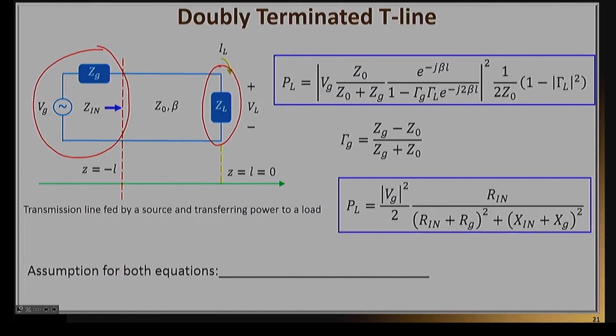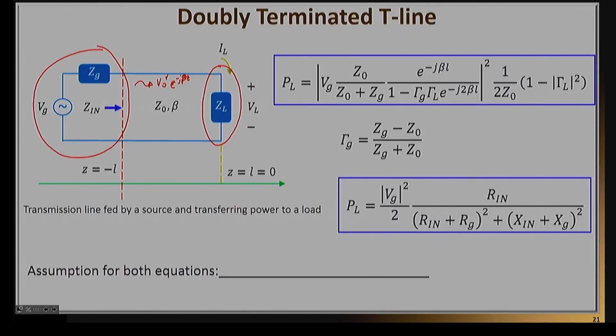My source is represented here by the Thevenin equivalent circuit. It's really important because this is the one that is going to launch the incident wave, the V0 plus times e to the negative j beta z wave, in this transmission line. Now, I have all the mathematical details in my notes, so I'm not going to go through and discuss them here in detail. I'm only going to highlight some results.